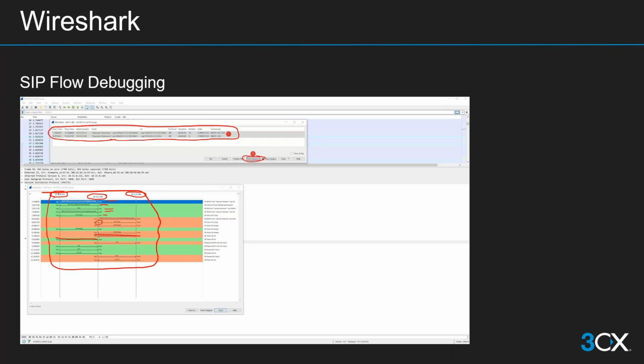We see here now both are in the same network. They are both in the 10.3.31 network. It's a 31 network. We see it up here. We see it better, 10.3.1. So which means we will not see, because the capture has been done on the 3CX, we will not see RTP in here. Because what happens is when we are in the same network, so let's say the 3CX is here, we have